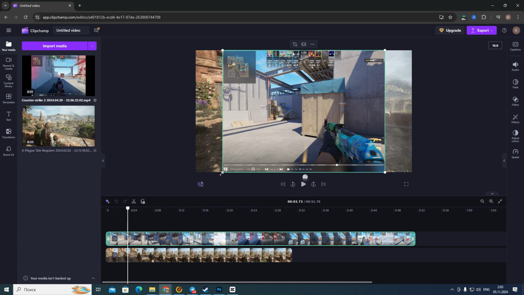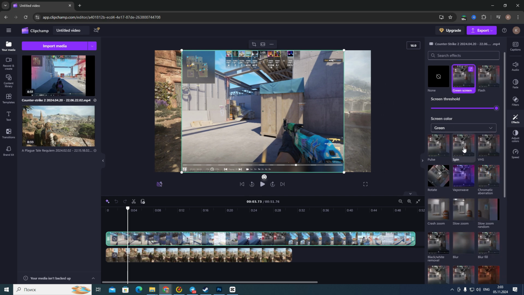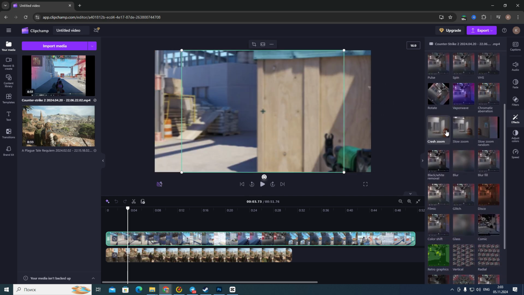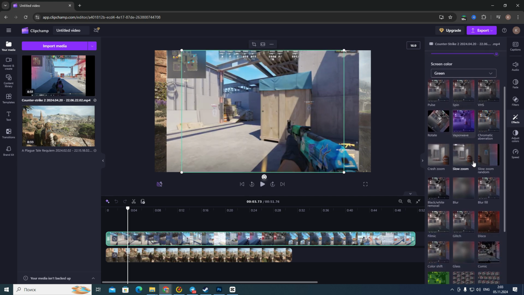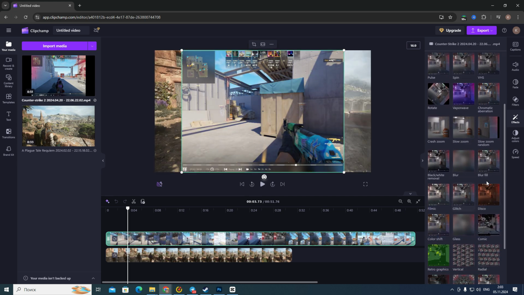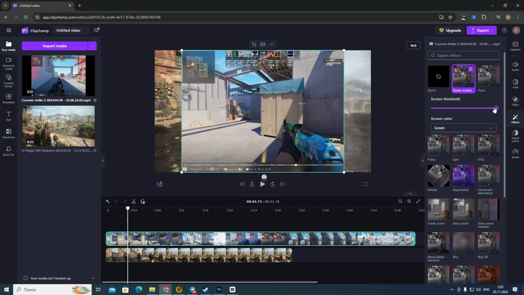timeline. And then if your video has a green screen background, the most easiest way how you can delete background is to click on this effect option at its right corner. And then in this list of options, you need to scroll down and click on the green screen option. So if you won't see this at the top of your screen, you can find this option here in this list of options. So after that you need to click and press and hold on this little dot and move it to the left or to the right to have the better